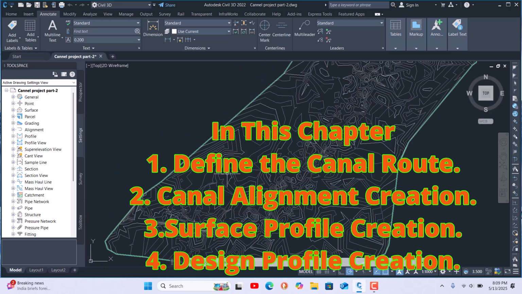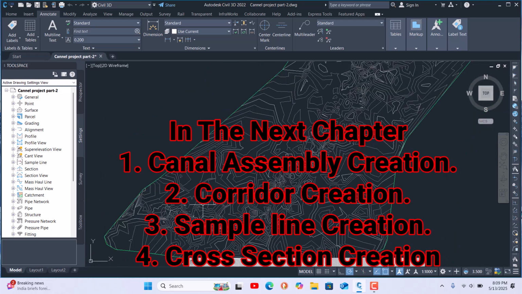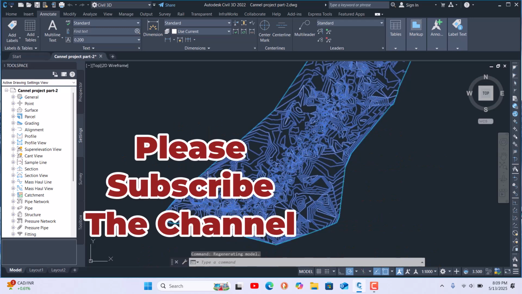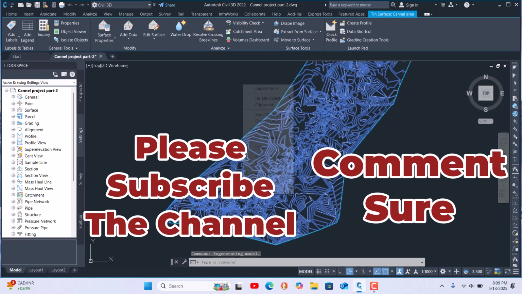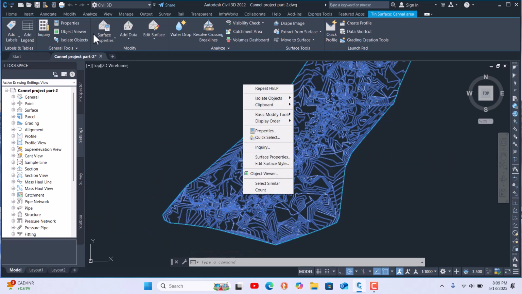First, we have to create the slope arrows in the surface and elevations. First thing, we click on our surface, then right click and go to surface properties, or you can go from here.